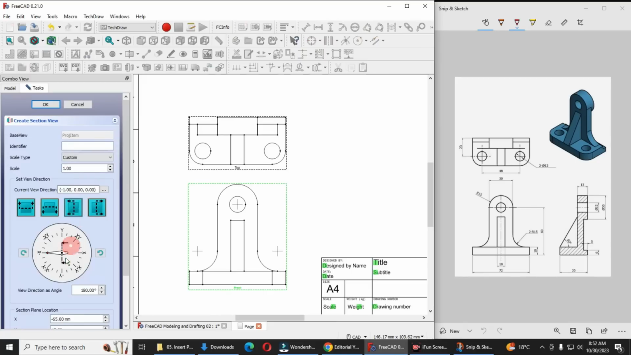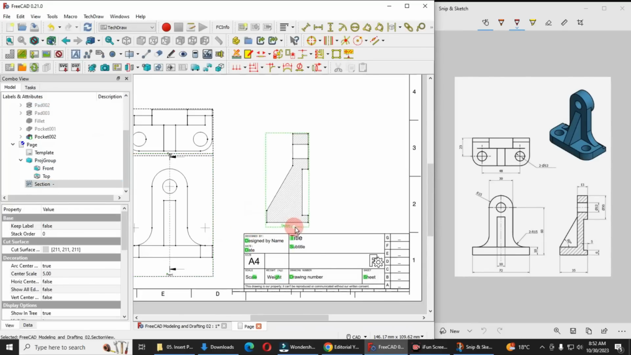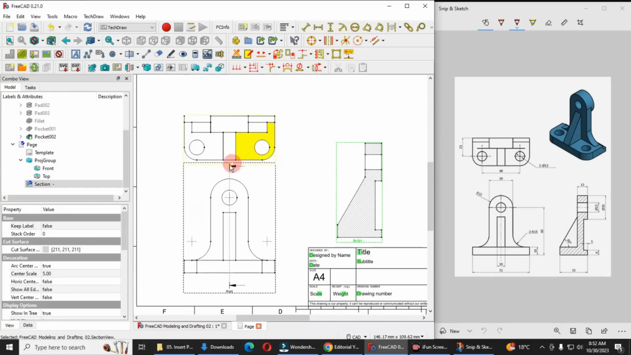We want this one, so you can see that it is passing from the center. You can also rotate it by angle here, but we do not require, so we will click on the OK. So you can see that section view has been inserted. Now I will move my view,